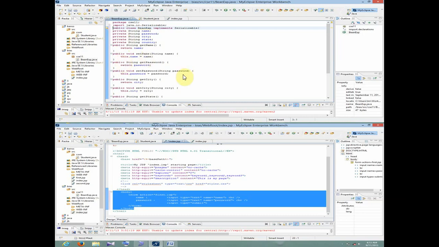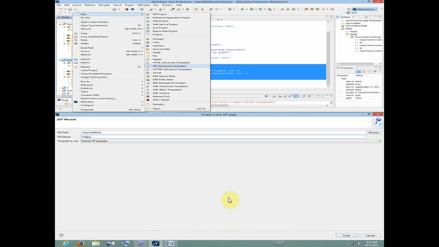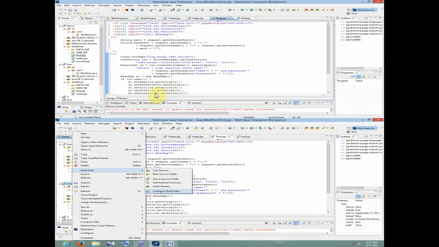After that, now we'll have index.jsp, and inside index.jsp we will write the code for username and password, and then we have a submit button. And now we will write another JSP code. So again we will go to a new JSP, and then we will write the JSP code for database connectivity. You can see here this is the code of database connectivity. Here we have written class.forName, connection string, result set, and bean, where we are defining the object of the bean, and then rs.next, and we are writing here set name, set password, set city, set state, and set country functions.